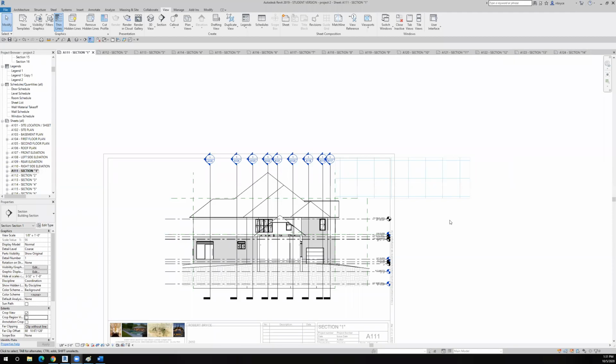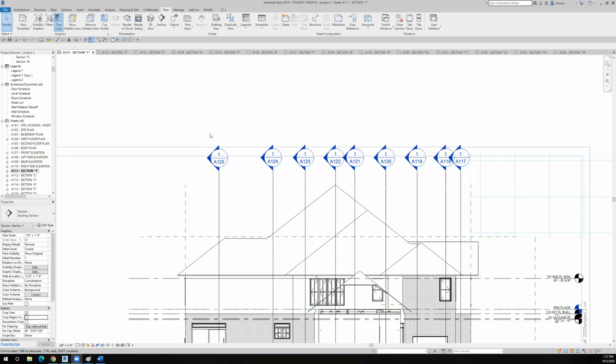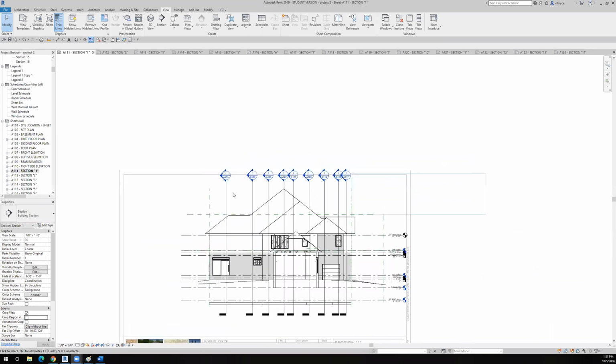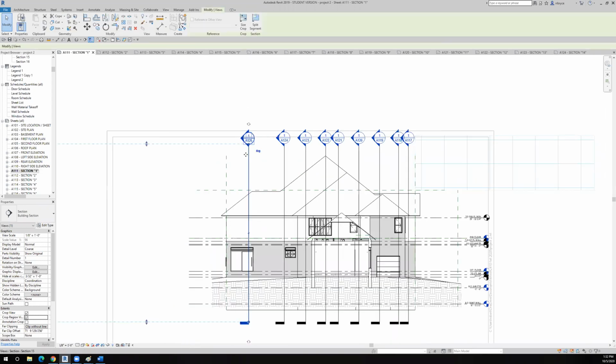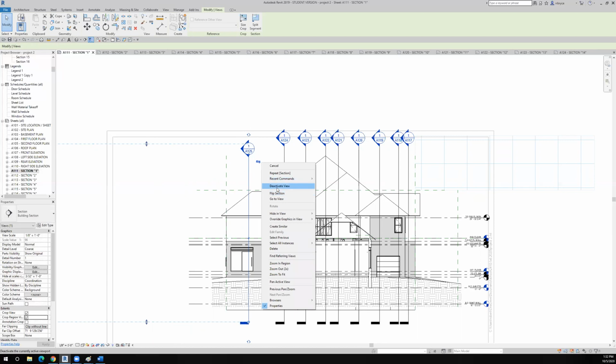Thus, building sections are aligned properly with respect to the title block, but you can see that my actual section lines are outside of the title block, so I need to drag them down. So I guess I need to make sure my view is active, and then I'm going to drag this guy down. That looks like it might be a good place for him. Then I'm going to deactivate the view